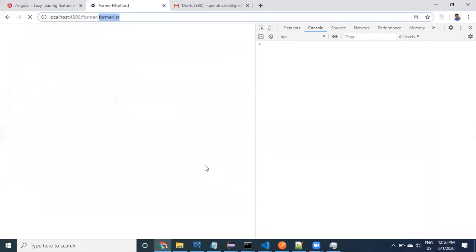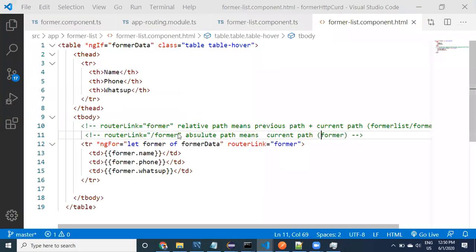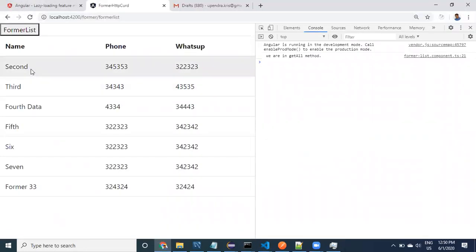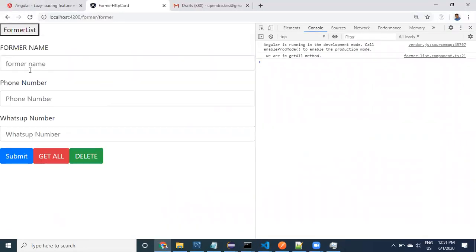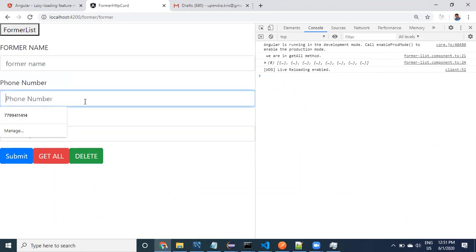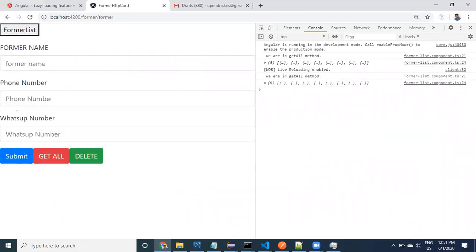Now coming to here, what do I have to use, absolute path or relative path? I have to use absolute path, provide slash. Now, what is our next goal, guys? I need to fill in the values which the user has selected. Which one have we selected? I'm selecting the fifth right now. I'm coming here.